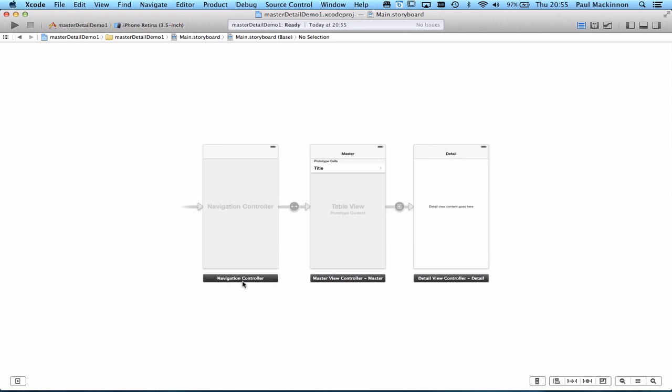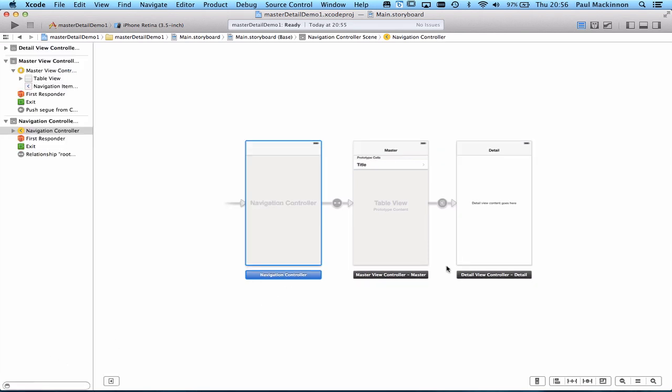The navigation controller encapsulates a master view controller, and the relationship segue here shows that the navigation controller contains the table view controller, and the table view controller has a segue into the detail view content. So just to see how that pans out in the application, just press play